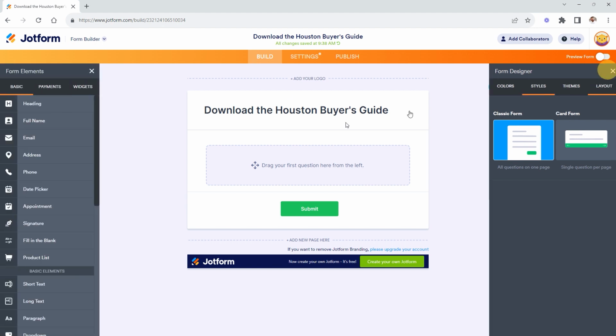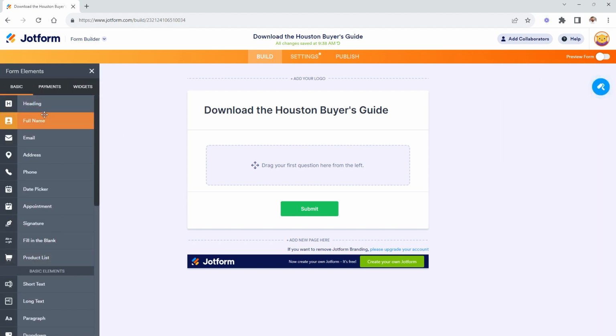So these will be the elements that we collect information with. There are some things like heading. This would be great if you're doing a buyer's intake form and you want to separate the information from personal info to maybe financial info. So their lender, are they pre-approved, things like that. And then type of house that you want. So all the housing info, things like that. So you can just create